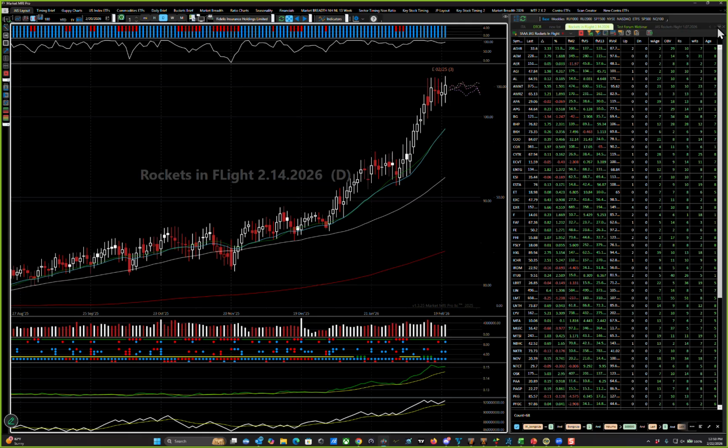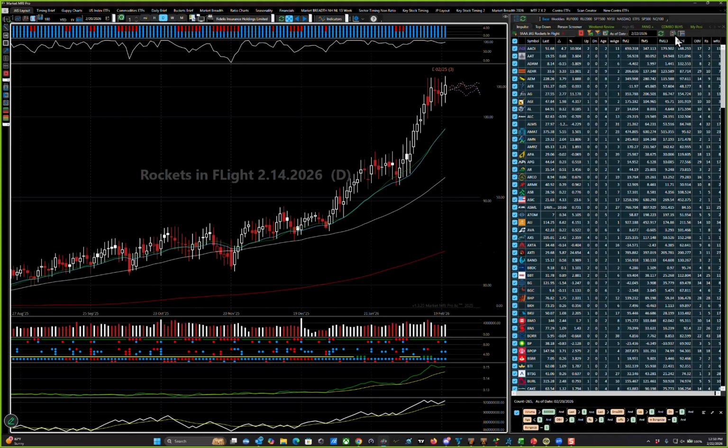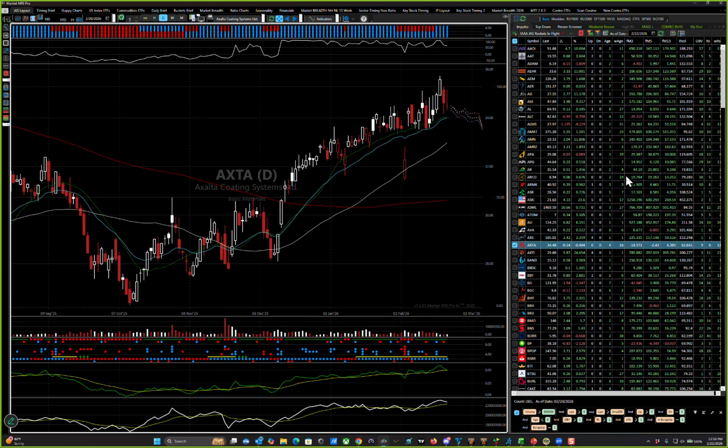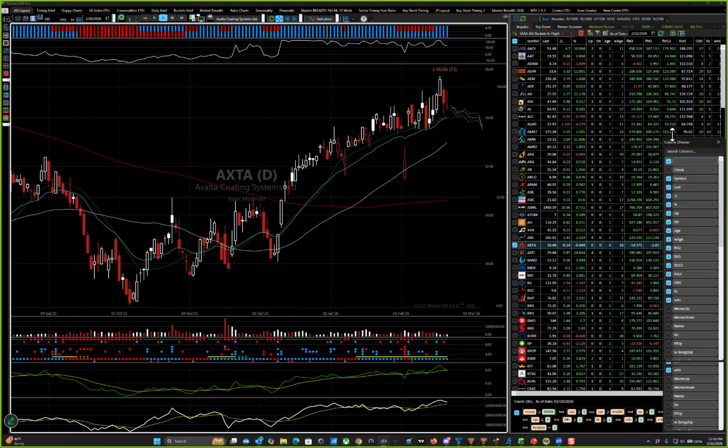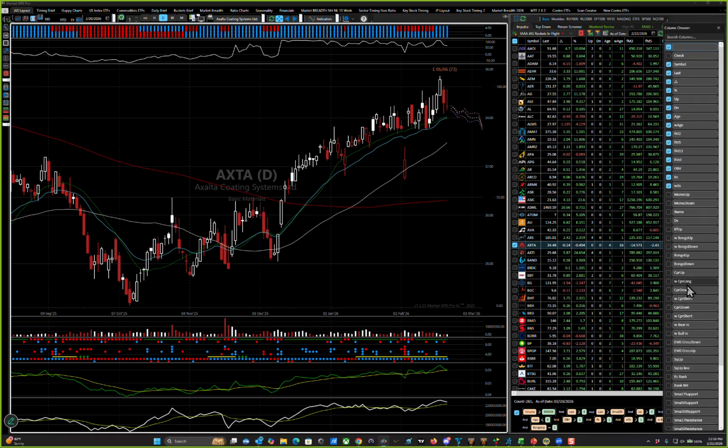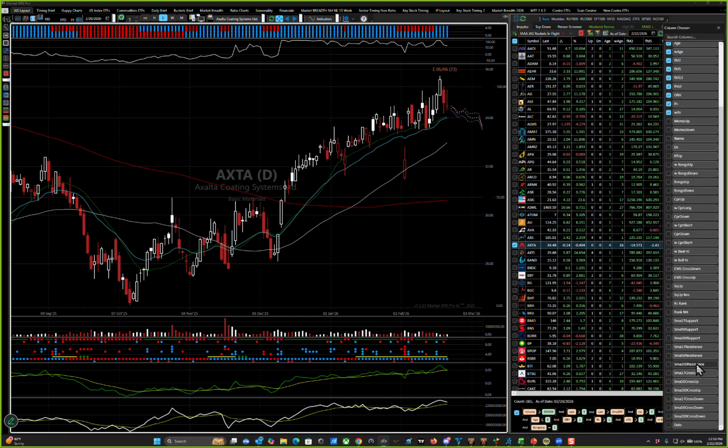What are my objectives and my goals with that filtering? I want to show you something else that I think is cool. If I right click in the columns, I have one that says show column chooser. It's down here. There are a lot of different signals that I can look for when I set the filters. I'm not going to do it live, but you can look for